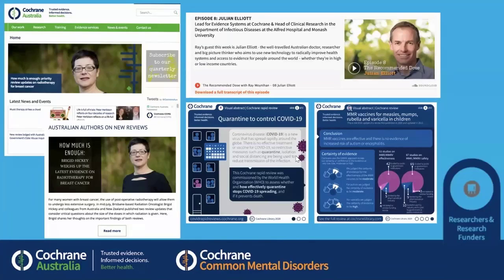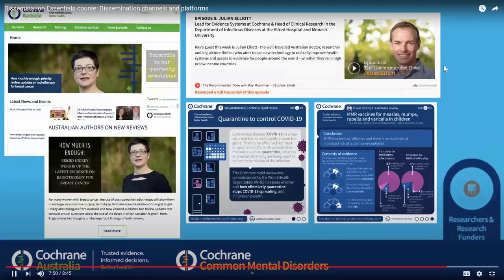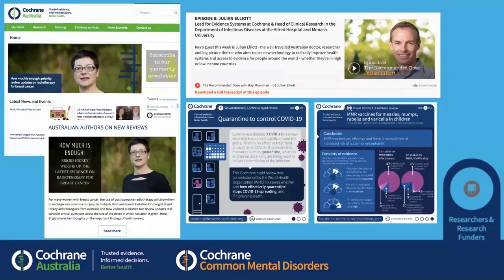The last two are just a couple of visual abstracts that we developed in the last year or so to share with research funders and research organisations, a snapshot of findings from Cochrane Review. So I'm always really keen to find short, snappy, visually appealing ways to summarise the evidence and get them to all audience groups, because I think people are really receptive to something quick and snappy and good looking, because there's such a demand for people's attention. It's hard to get it. This is a good way to do so.